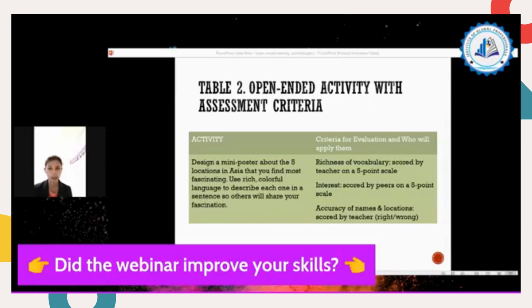Here in the Philippines, we just experience rainy season and summer season, but there in Korea or in Japan, there is winter. So I am fascinated with their cherry blossoms also, no? So here, the criteria for evaluation is the richness of vocabularies, meaning you're going to score them on the scale of 5. The students will be discussing and using their different types of vocabularies,